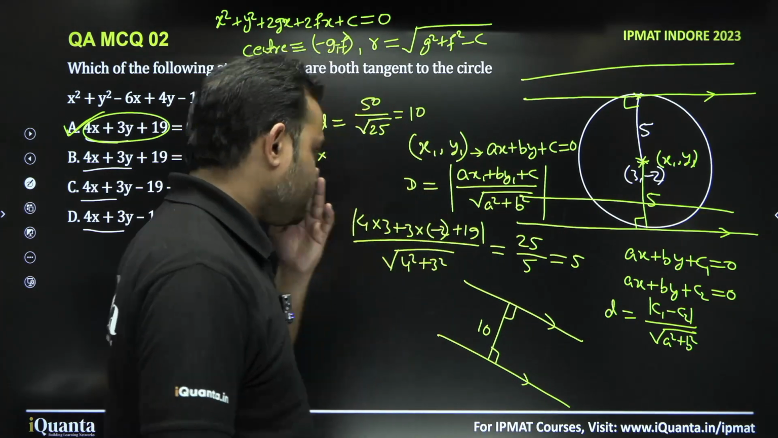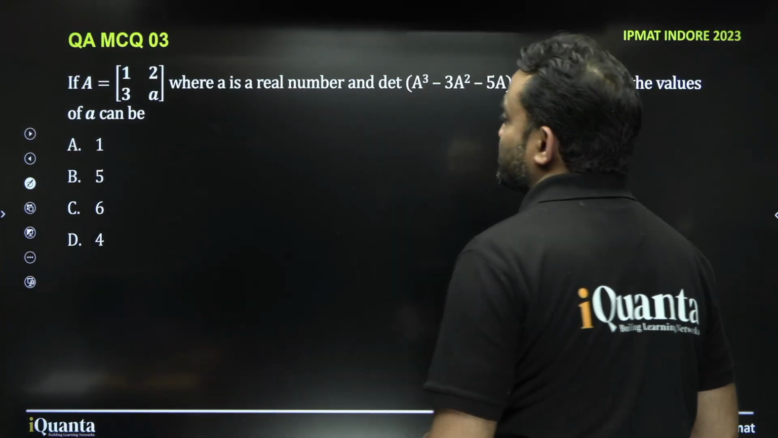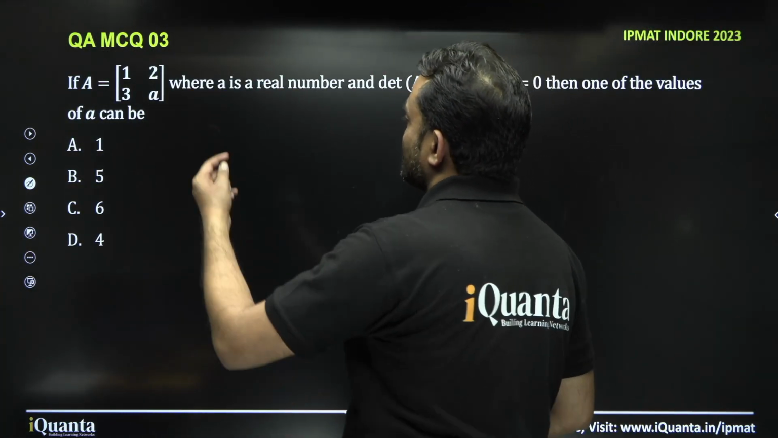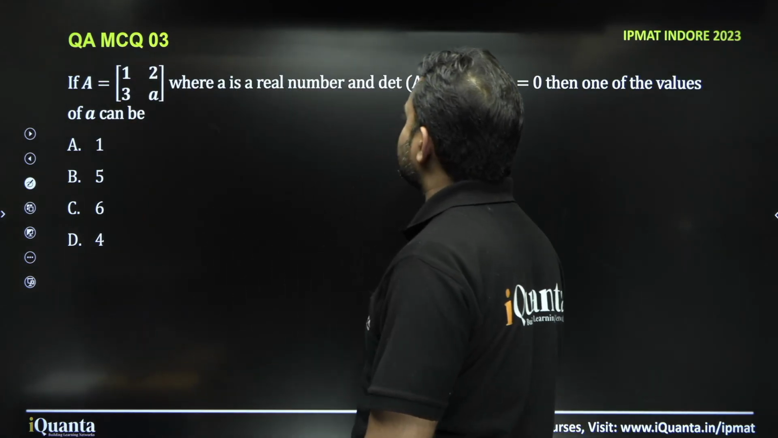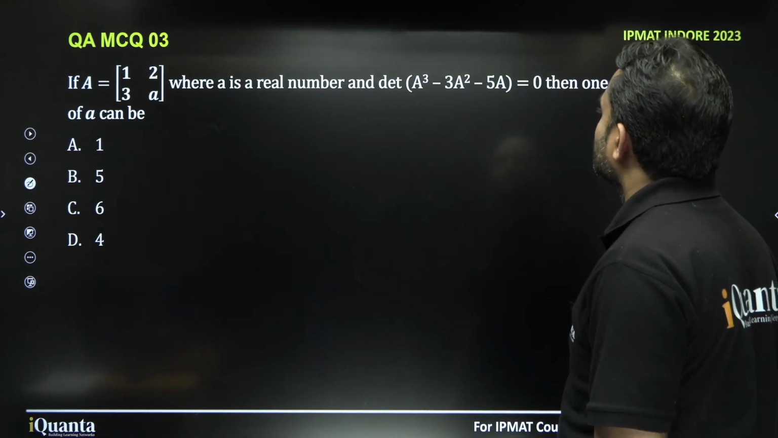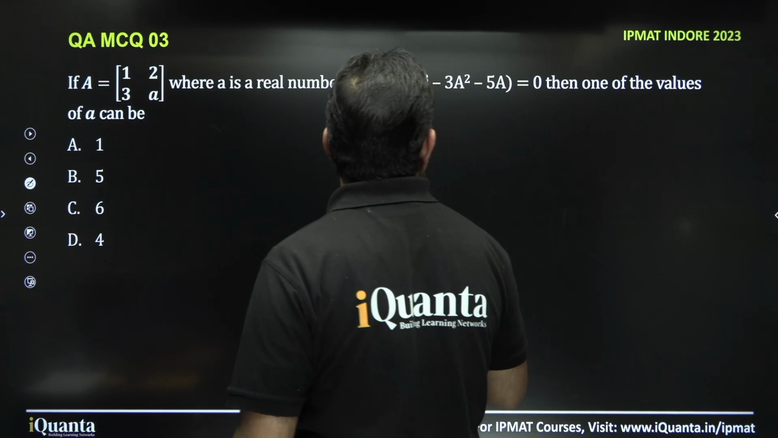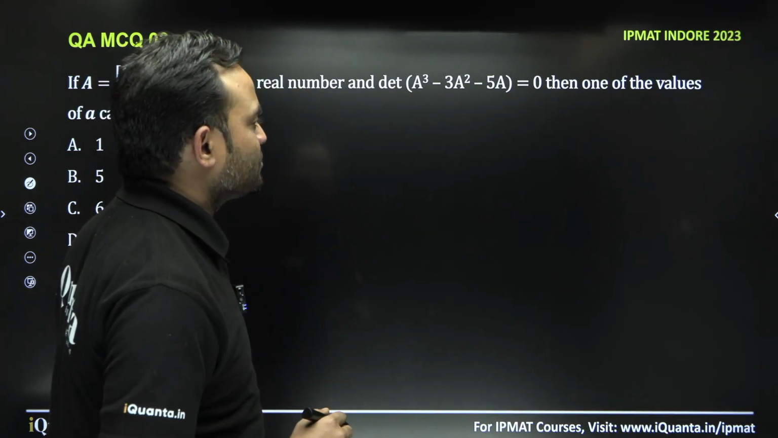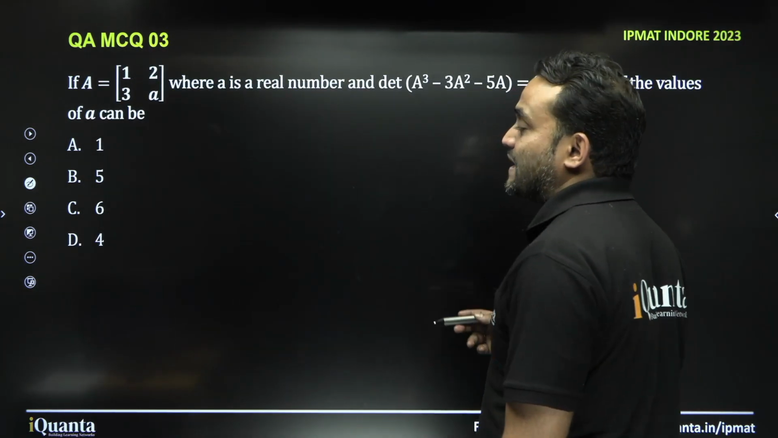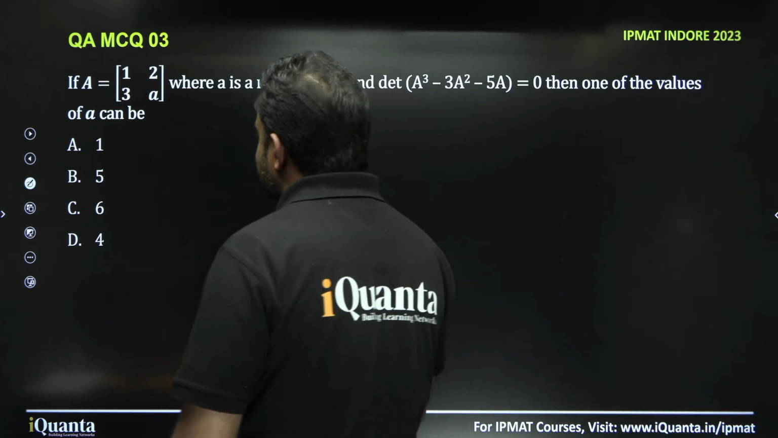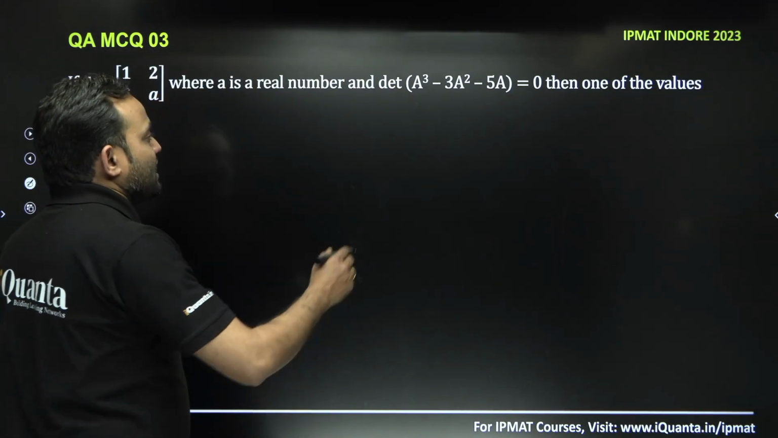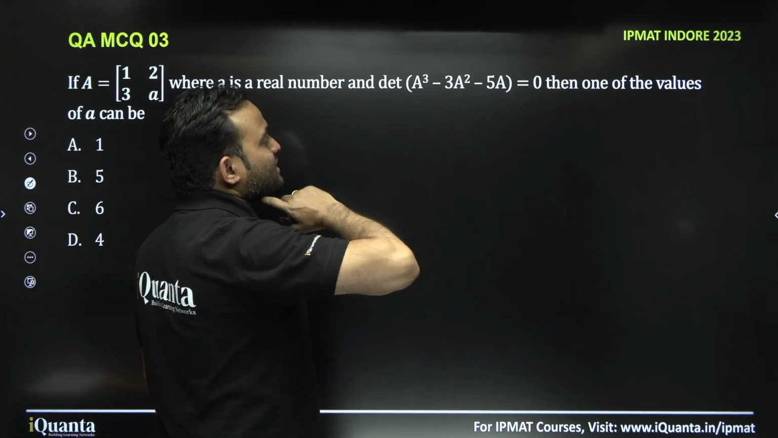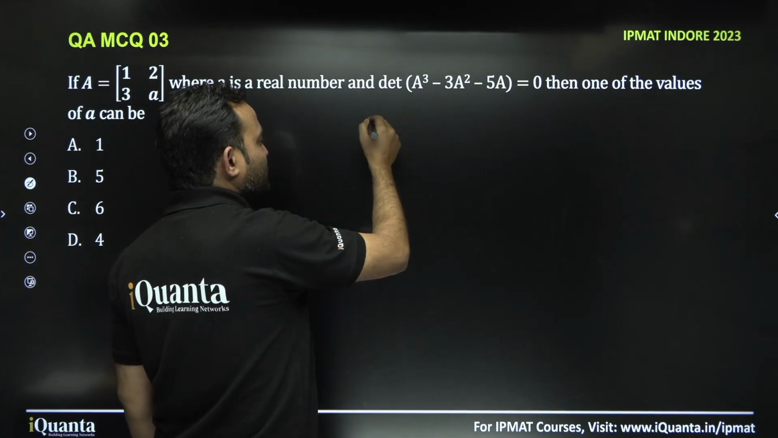Okay. Question number 3, it says if matrix A is equal to [1, 2; 3, a], where a is a real number and the determinant of A cube minus 3A square minus 5A is equal to 0, then one of the values of a can be. Now what we can say about the determinant of this value will be equal to